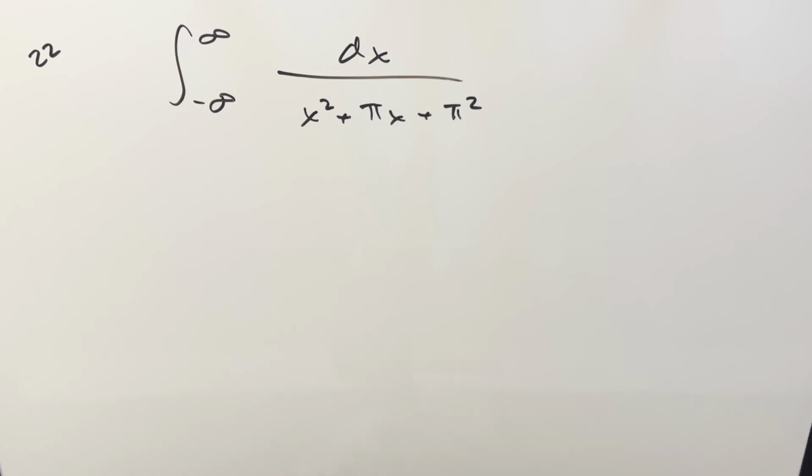Okay, we have here an interesting integral. This one's from Columbia Integration Bee 2024, number 22. We have the integral from minus infinity to infinity, 1 over x squared plus pi x plus pi squared dx. To get started with it, even though it's kind of weird having pi as our constants,